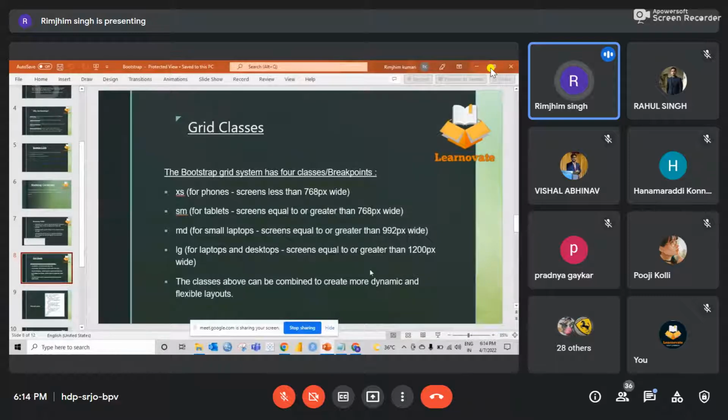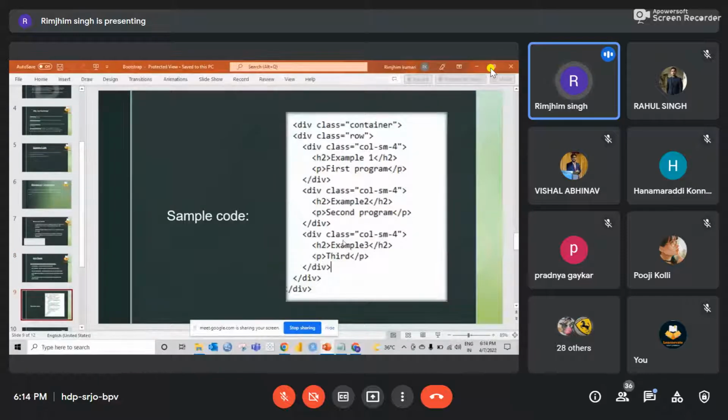So these classes can be combined to create more dynamic and flexible layouts. Okay, I'll just show you an example here. As I told you, containers I'll be using whenever I'm writing my grid program. Herein I have declared a container class using the keyword container, and then inside my container I'm creating a